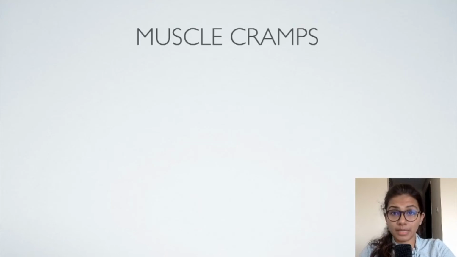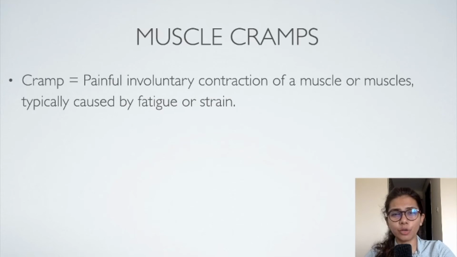Now a note about muscle cramps. Okay. So why do muscle cramps occur? I'm sure all of us have experienced it in some phase of our life, right? So before we go into the why, let us become clear about what a muscle cramp is, right? So cramp is defined as a painful involuntary contraction, right? It happens suddenly, it is painful, and we have no control over it. Involuntary means we have no control over it, of a muscle or a group of muscles.